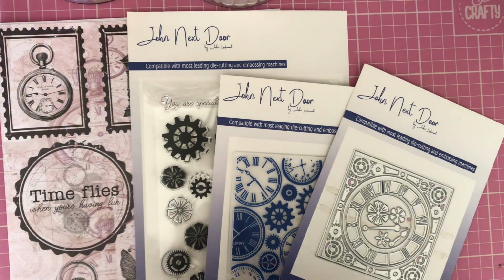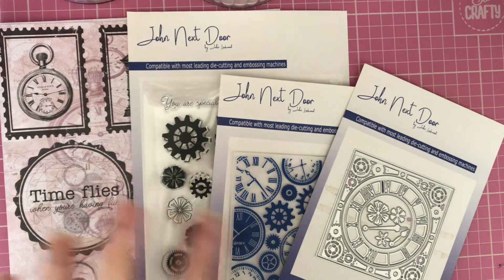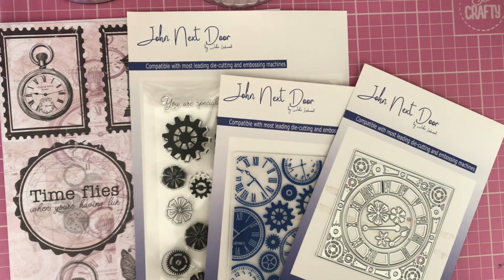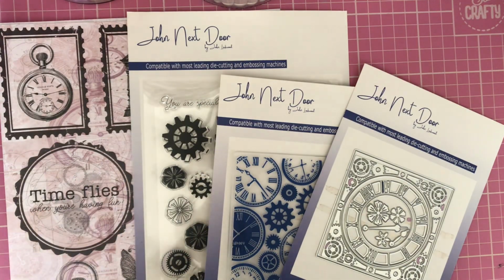Today I'm going to give you a little sneak peek at the items that are in the brand new John Next Door box magazine kit. This is sort of pre-recorded because I'm showing you what's in the kit. I haven't got the magazine itself because this is before publishing, but I wanted to show you the little items I got sent and show you the cards that I've made for my commission for